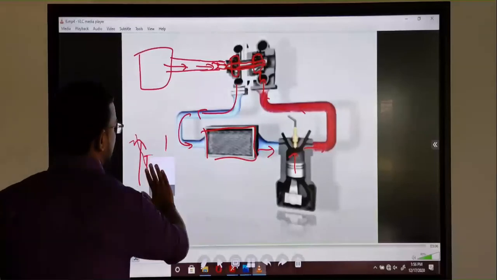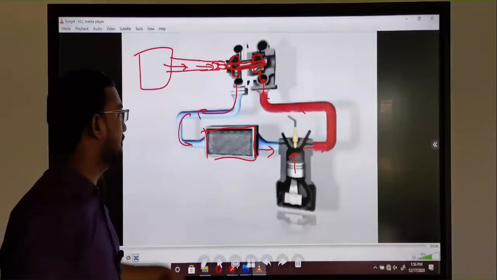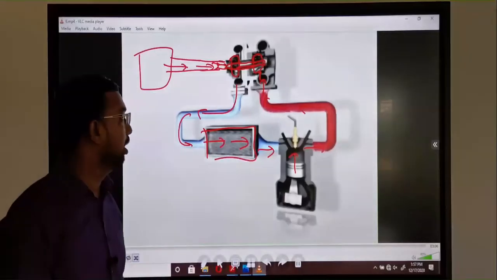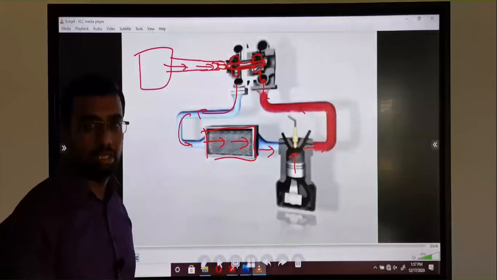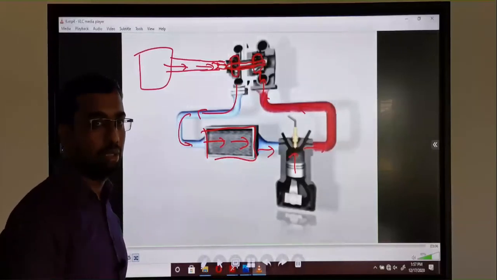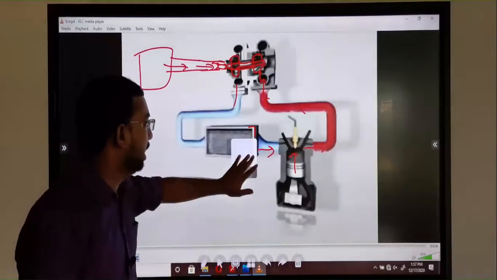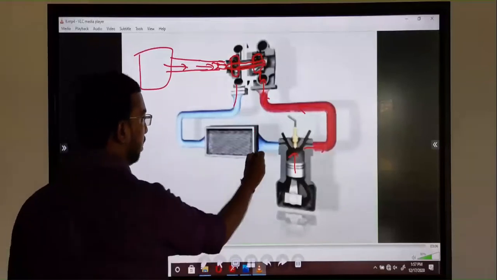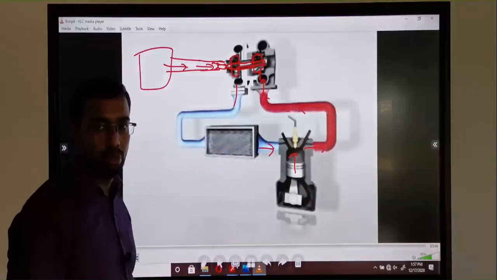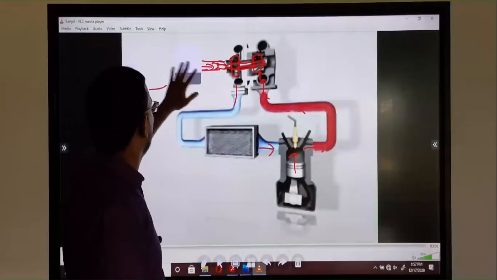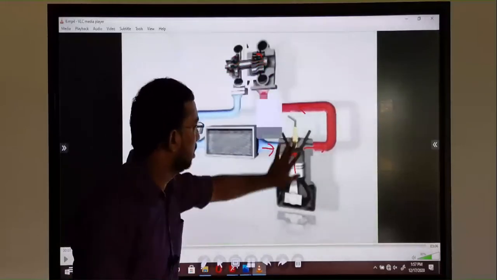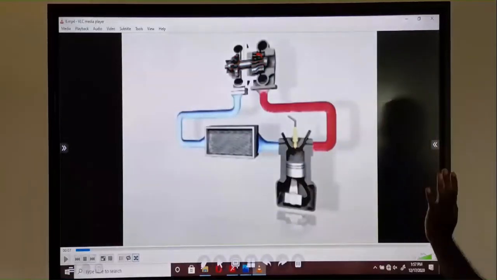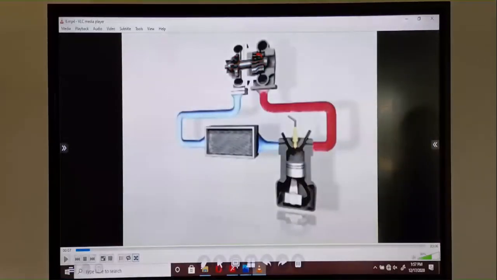So that's why this also works like a radiator. The air is cooled as it flows through this intercooler. So this air participates in a cooling process. Okay, so here we can get cool air. So this is the turbo intercooler. This is also a cooling system of the engine.